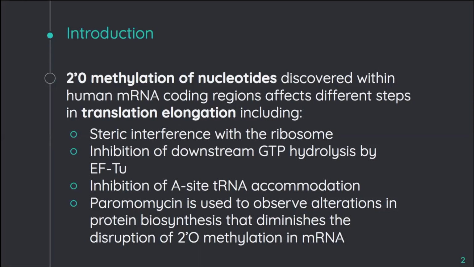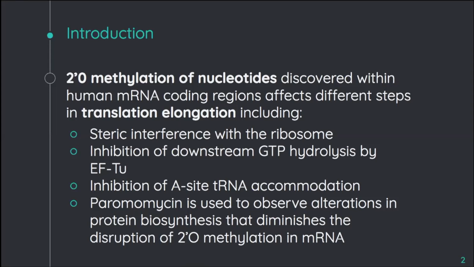It does this in several ways. The first is a steric interference with specific ribosomal monitoring bases in the small subunit. This interferes with interactions between these monitoring bases and cognate codon-anticodon helices. This steric interference also leads to the inhibition of downstream GTP hydrolysis by elongation factor EFTU. And since EFTU and GTP use the energy of hydrolysis to bring the next aminoacyl tRNA into the A site, this initial steric interference ultimately leads to the excessive rejection of cognate aminoacylated tRNAs in initial selection and in the